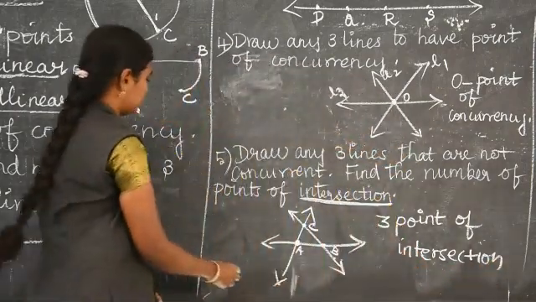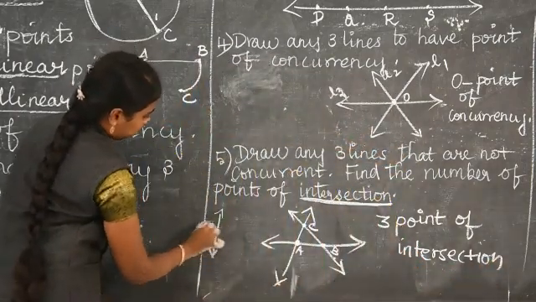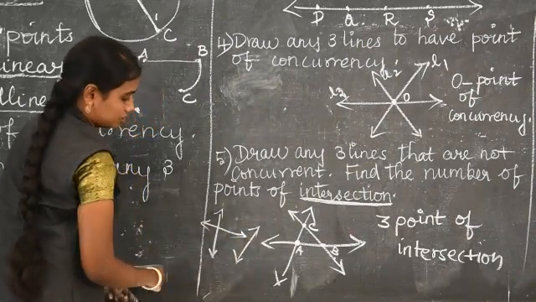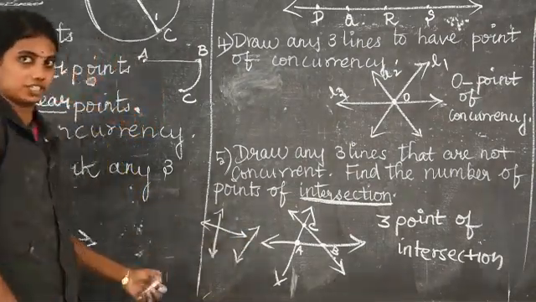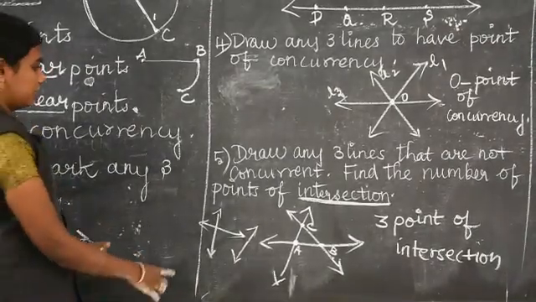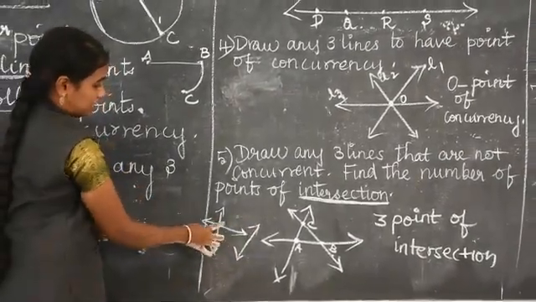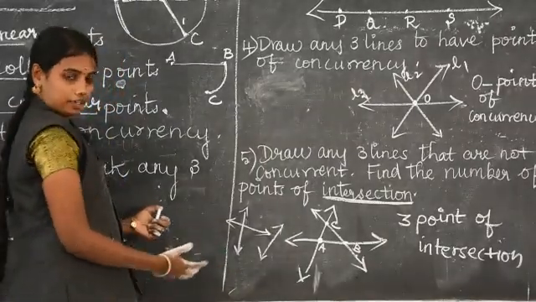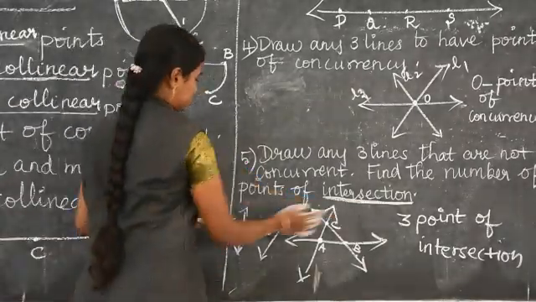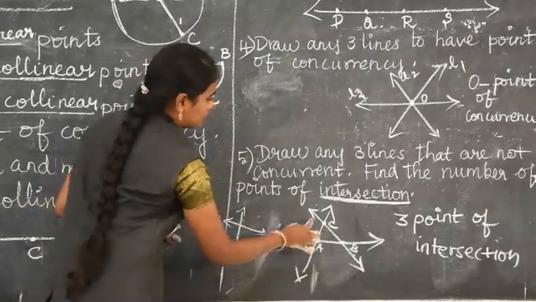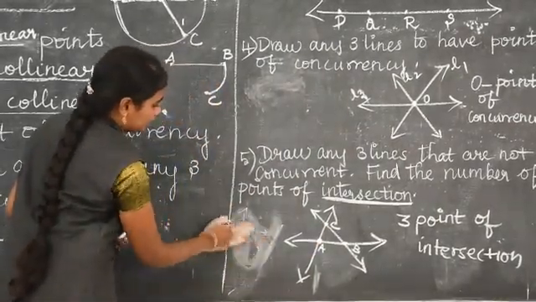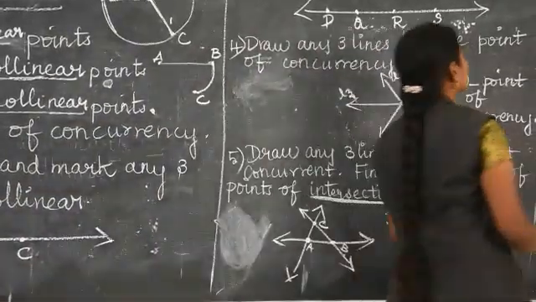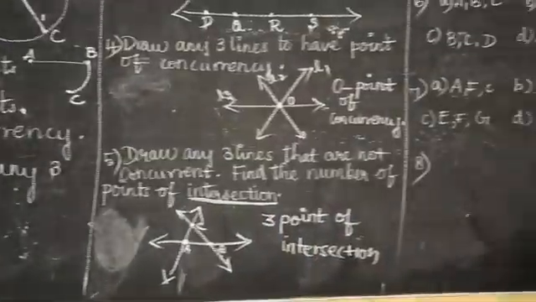You can ask me, why can't you draw like this? If I draw like this, there will not be an intersection. Yes or no? This line is not cutting with these 2 lines. So we cannot have the intersection point. Since the question is intersection, the lines had to be drawn with the cuts. Clear?